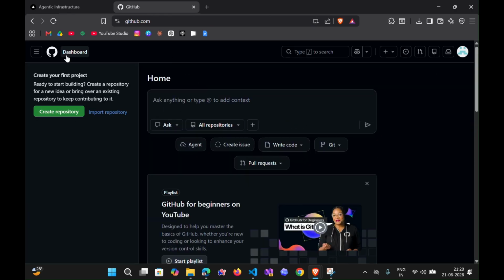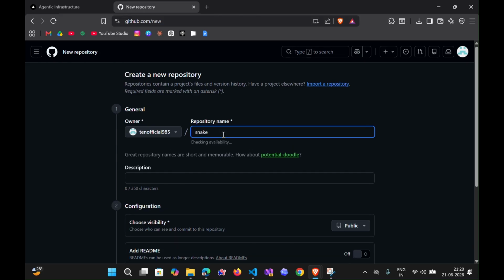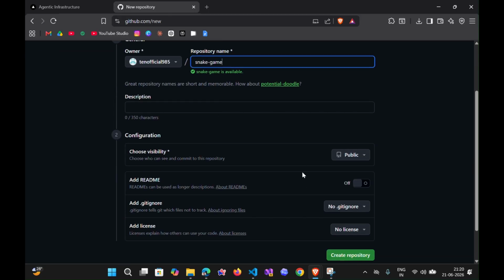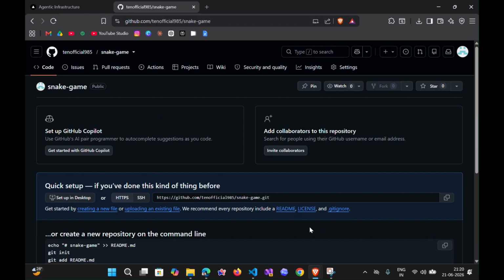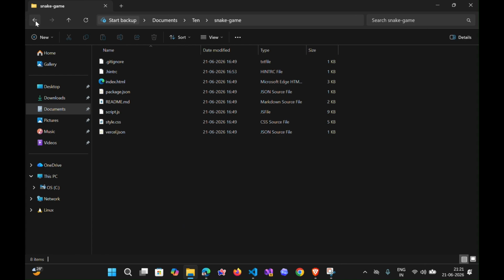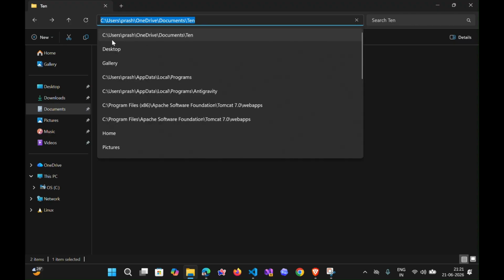Once you have signed in, you will observe this interface and create one repository. You can put any name that you want. I am putting the name snake game, leaving everything else as default, and clicking on create repository. Once the repository has been created, now come to the folder where you have created your project and just remember this path,